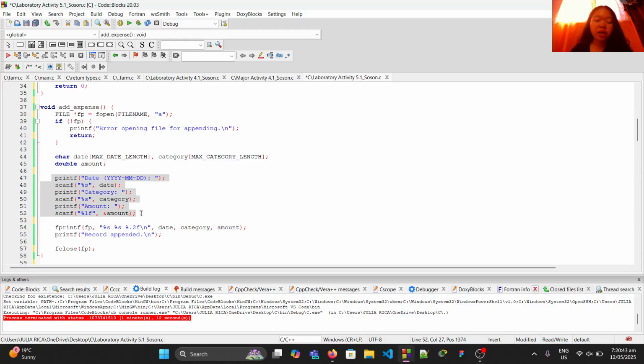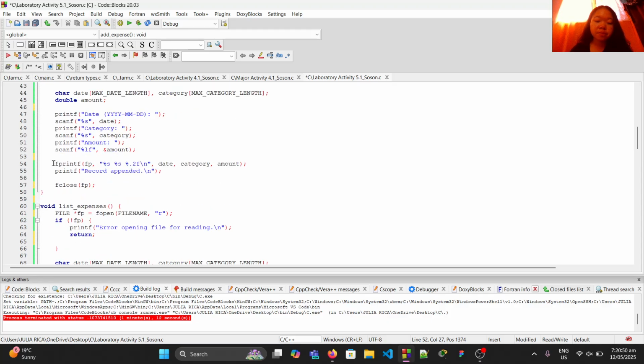And here we are going to get user input for the new expenses. This will then write the expense data to the file, and here it will close the file after writing.